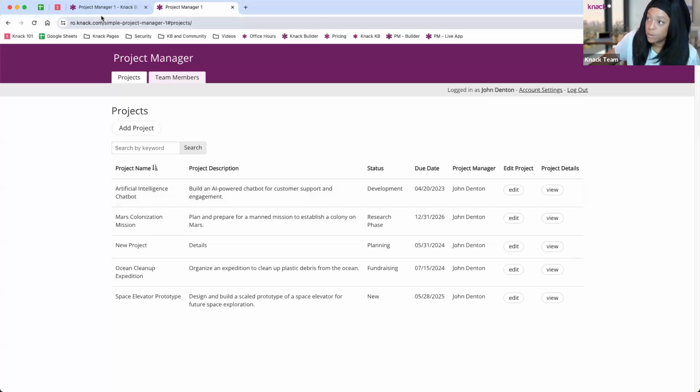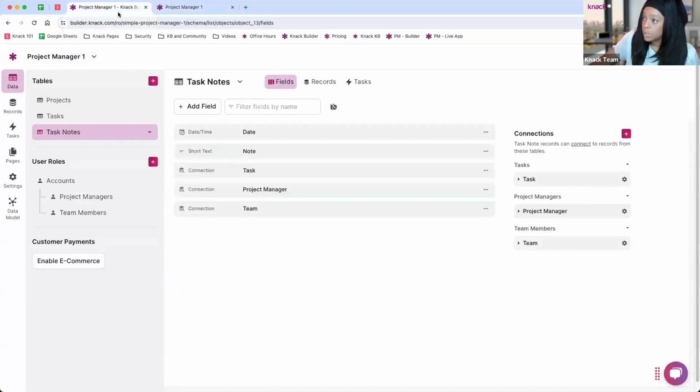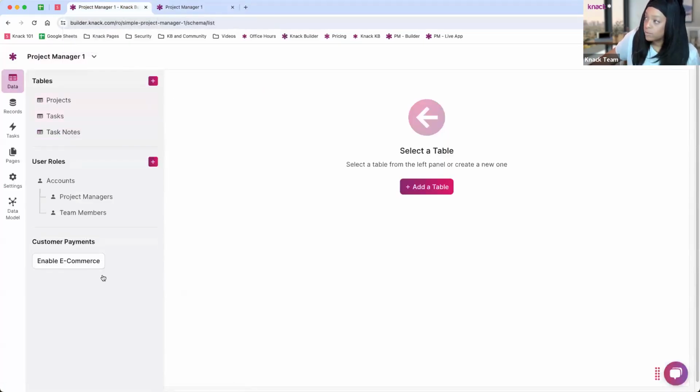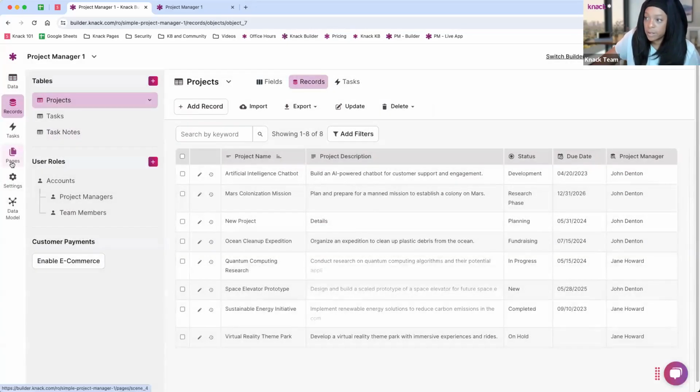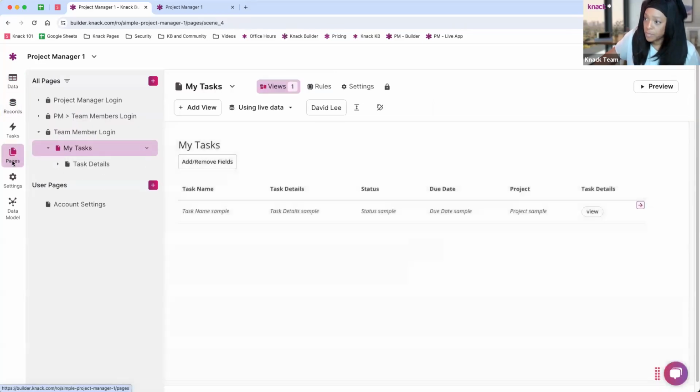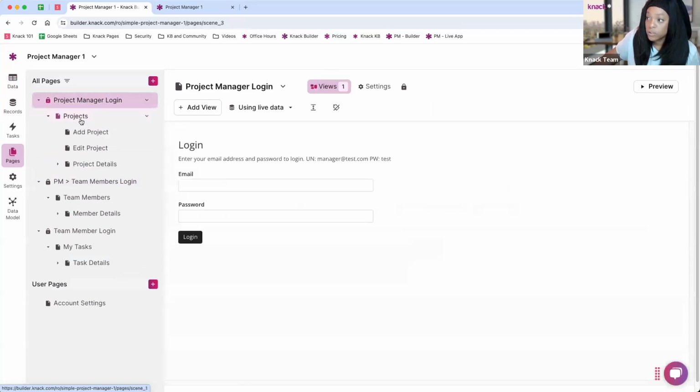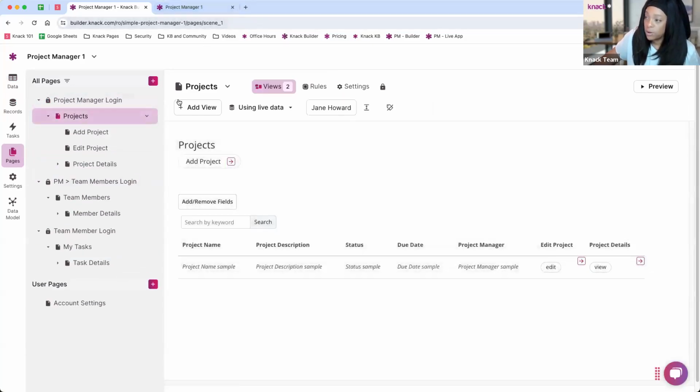So let's take a look at the back end here quickly. This is what we call our builder environment, our building environment. This is where we set up our tables, we set up our users that are going to be logging into the system, like our project managers and our team members. And then this is also where we start to maybe add some records, we add some test data, but this is our design area. This is where we're building out our application. And then you'll see pages is where we start to design those pages that we were just looking at within this tab here. So this is what this app looks like from the back,